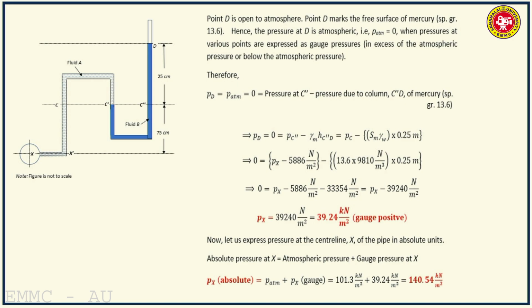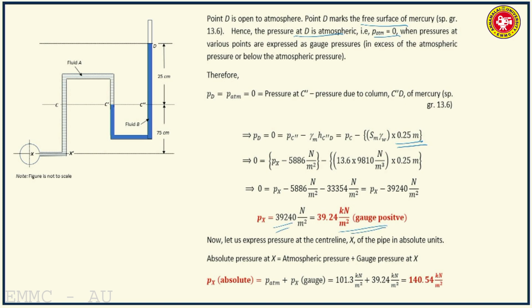Then point D, you go to point D in the right limb of the manometer, which is open to atmosphere. So there is free surface of mercury. So the pressure at D is atmospheric. That is when you are expressing pressure as gauge pressure, atmospheric pressure is taken as 0. Now pressure at D is atmospheric, that is 0, that is equal to pressure at C prime minus pressure due to column C prime double D, that is 0.25 meter of mercury, which can be converted to pressure intensity, and ultimately you get Px is equal to 39,240 Newton per meter square or 39.24 kilonewton per meter